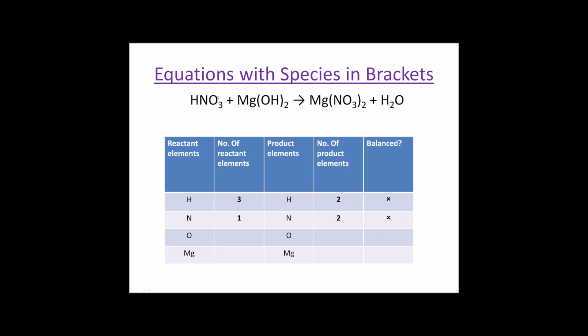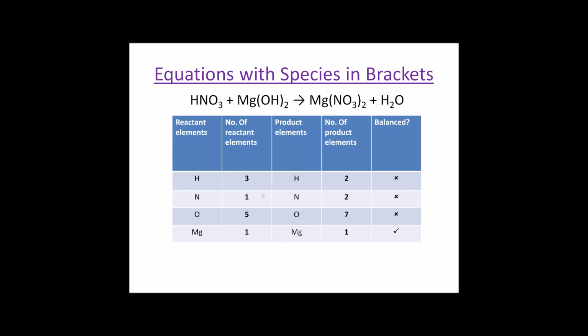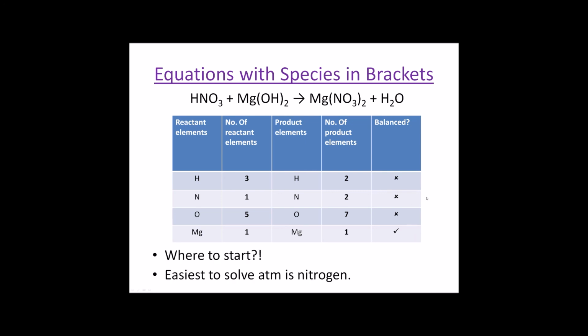Now for the oxygens. We've got 3 oxygens here, 2 oxygens here, 5 in total, and on this side we've got 3 times 2, 6, plus 1, 7. So 5 on the left hand side, 7 on the right, not balanced. Then we've got 1 magnesium on each side, and that is balanced. So where to start then? Easiest to solve at the moment is the nitrogen,